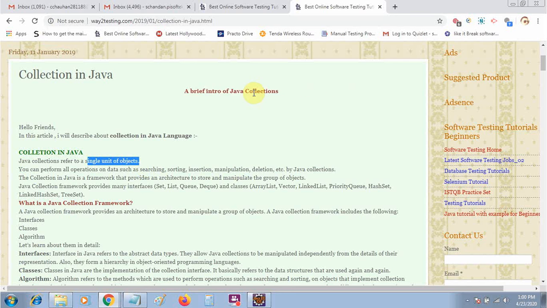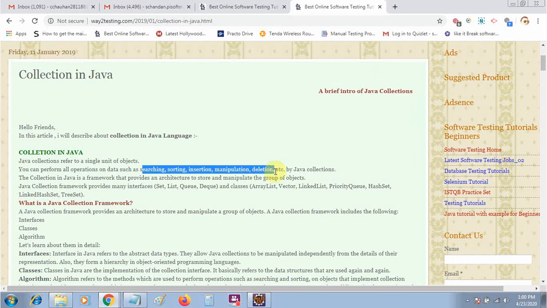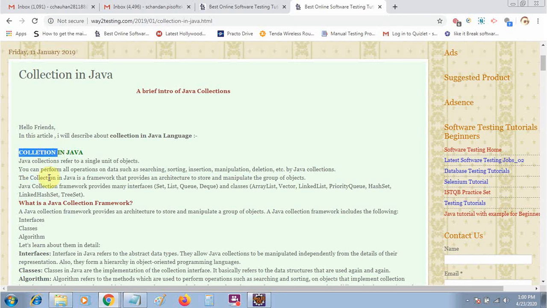Also you can perform operations on the data like searching, sorting, insertion, manipulation, deleting. These all operations you can perform, like I have written here. But always remember in your collection framework, you will have only three things: set, list and queue, that you will use too much in your Selenium project.